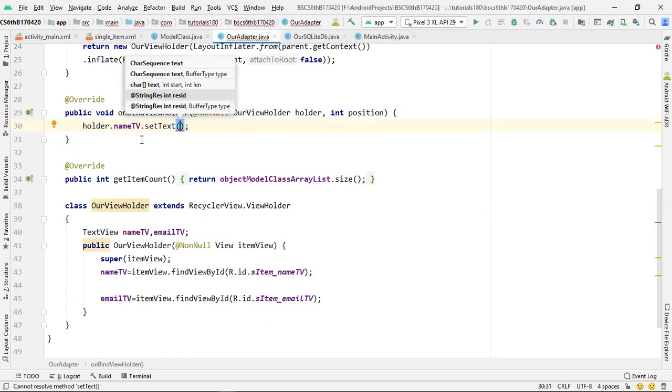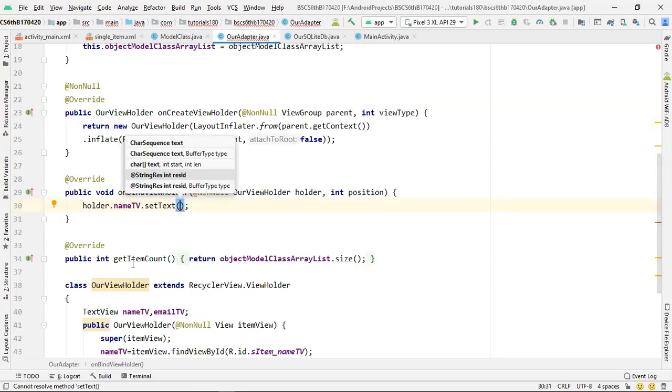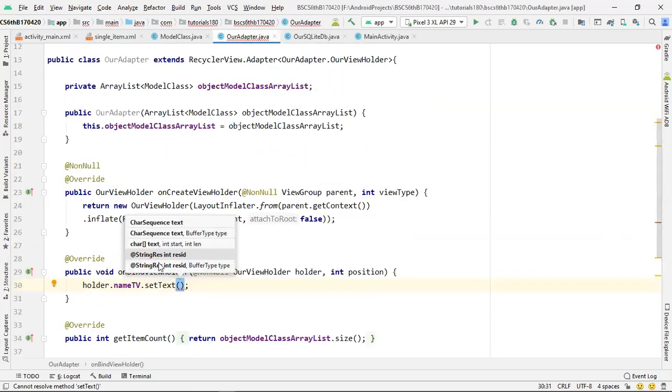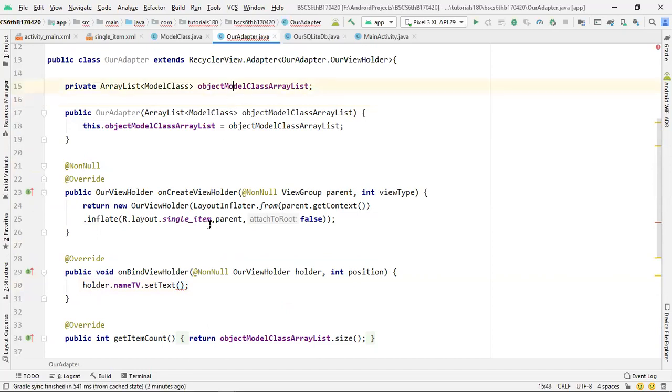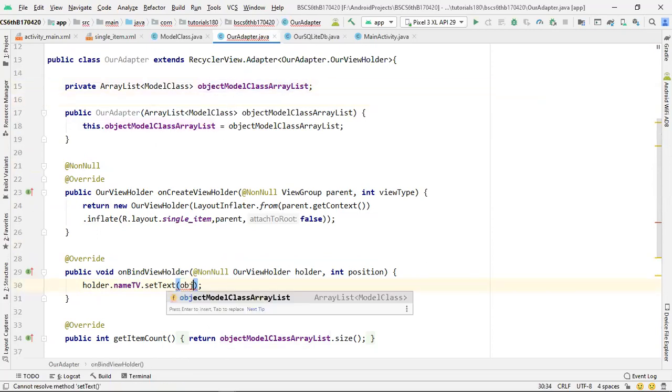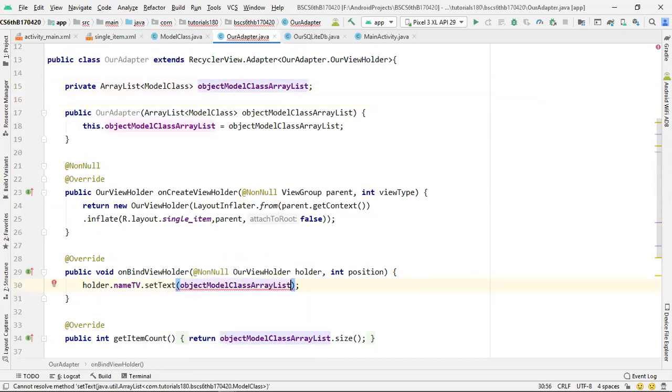And now the question is, from where are we going to get the values for this text view? As you know, the values will be stored inside our model class array list. So I will be calling the object of this model class array list,